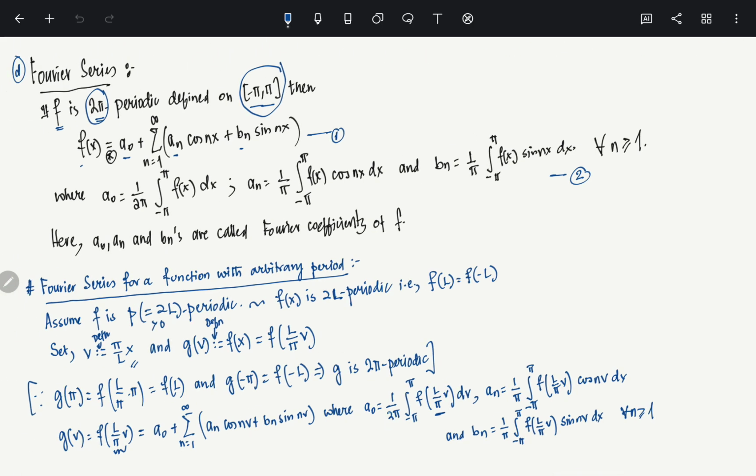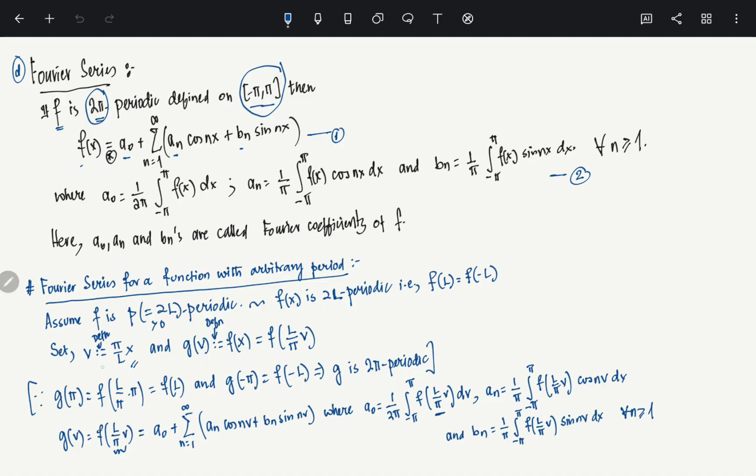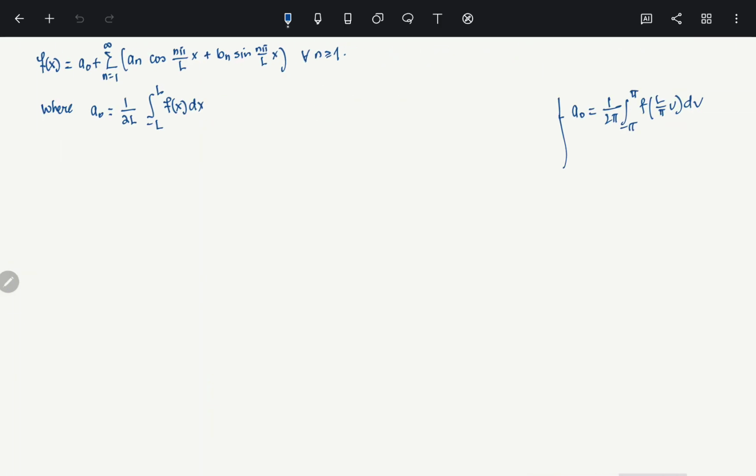From here, what is a naught? 1 by 2 pi, integral from minus pi to pi of f of L by pi v dv. You remember your variable is v equals pi by L times x. So what is dv? It is pi by L times dx. So if you replace it here, you see it becomes 1 by 2 pi, and then this integral from minus pi